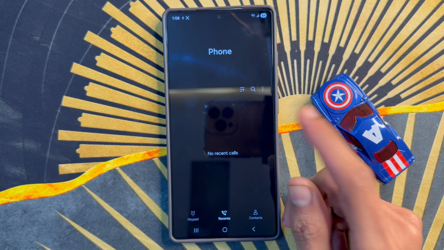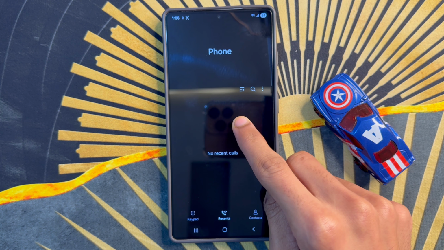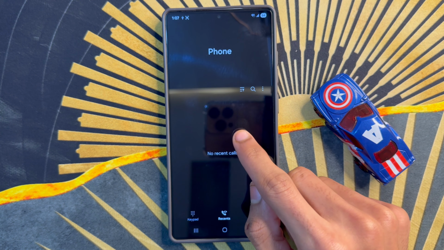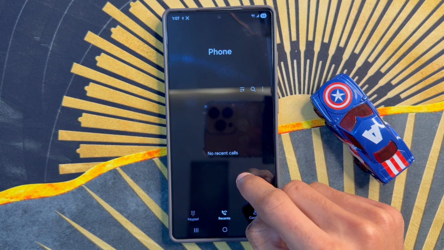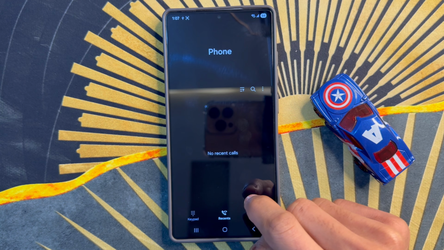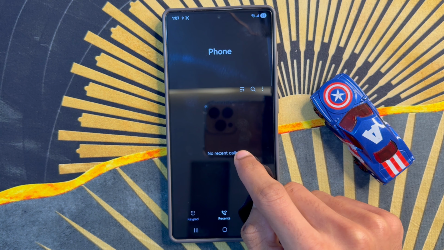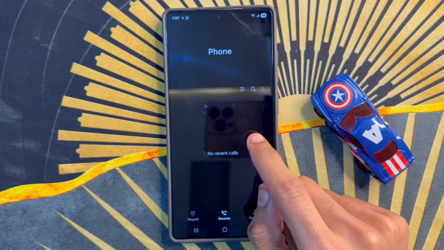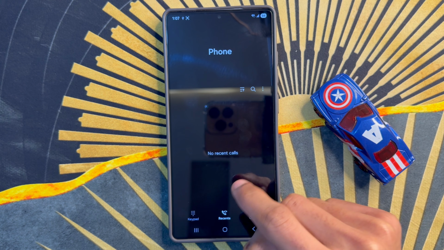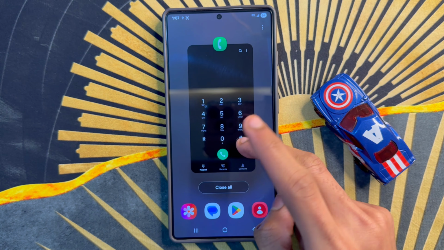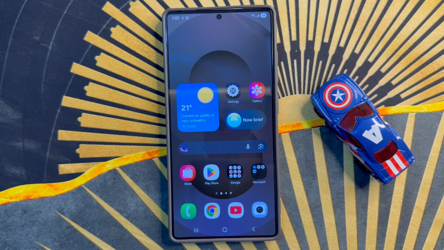If you want to delete, just click and hold on a call, select calls, and click on delete. After clicking on delete, you will see your recent call history is deleted. After the process, go back to the home screen and refresh the phone. So that's how you can delete recent call history on Samsung Galaxy